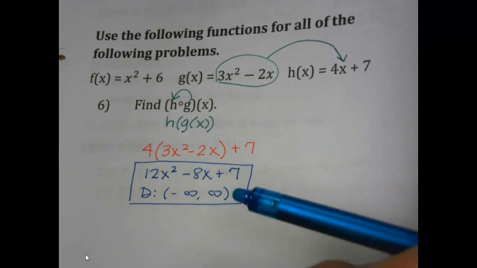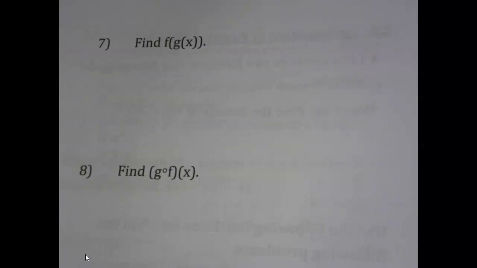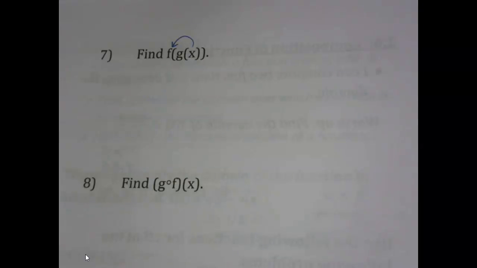Let's try another one. So take a look at number 7. See if you can figure out which function is supposed to go inside of the other function. Hit pause, give it a try, and then come back and check. So we should be putting g of x into f on this one. So that means we're going to start with f. F is x squared, so that means we're going to take g of x and square it. 3x squared minus 2x squared